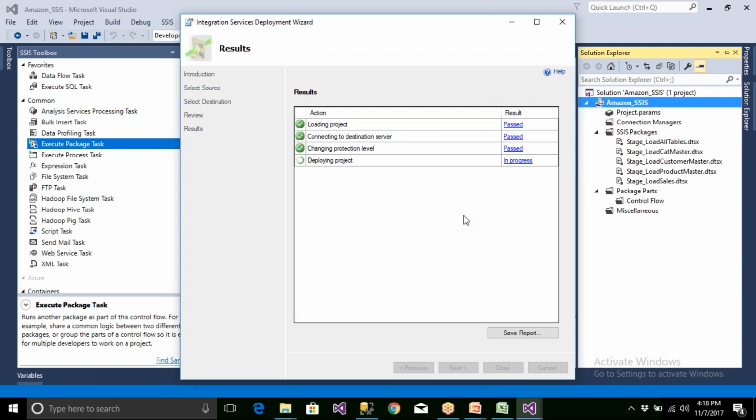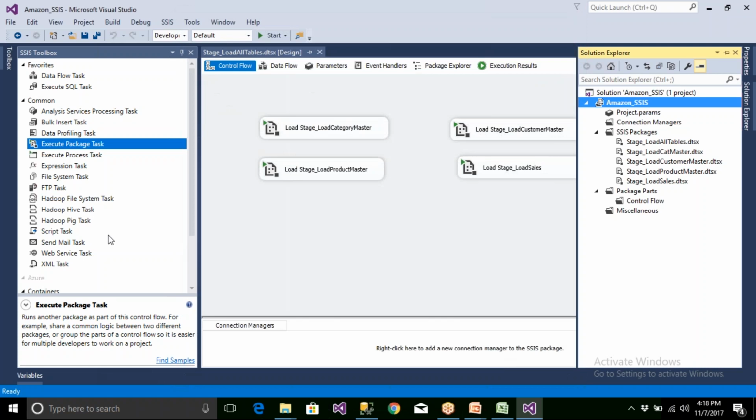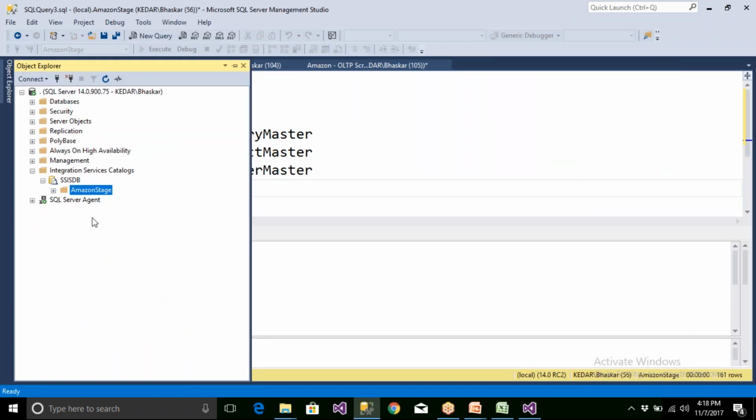But as Ram said, you should be able to create parameterizations and everything. That you can do it, because in this video we cannot talk about everything. It will be a lengthy video. So you should be able to change the connection strings and everything easily tomorrow. So the deployment is done. Now we can just come here and refresh.